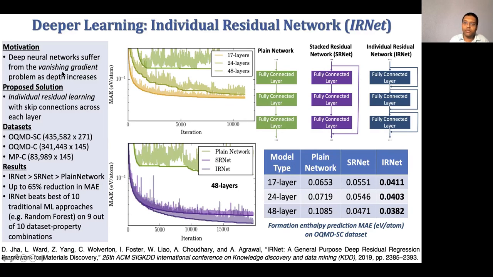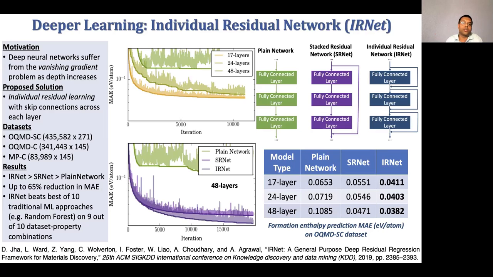And that has to do with the way these networks are trained, because the error of the predictions is back propagated with respect to the weights to update the weights. And if these networks are very deep, by the time the gradients reach the beginning of the network, they almost die out. So there's no more training. So residual learning is one of the ways to deal with it, which was introduced a few years ago for image data in the context of convolutional neural networks.